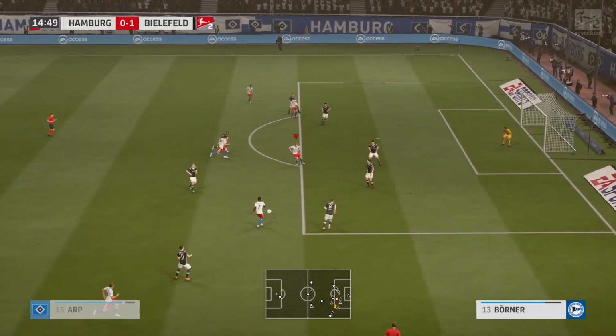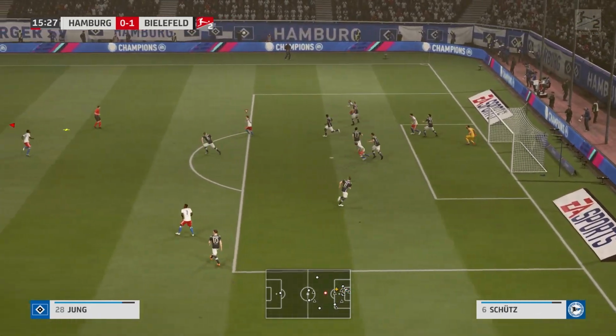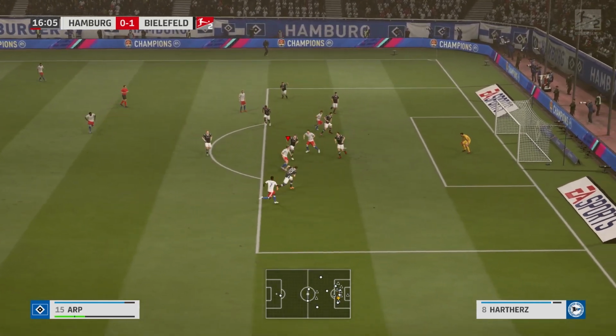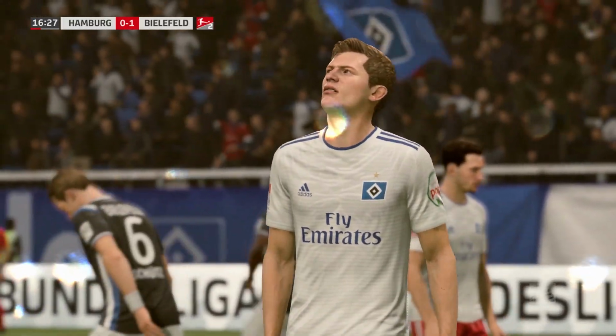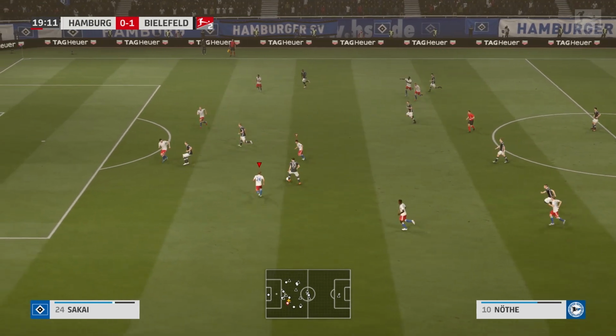Nare here, the golden man on the wing, passes into Arp. Arp passes into Donis, and somehow he's hit the post there. How has he not scored? I don't know, but we carry on here. Arp, he's knocked it straight over the bar. What's he done there? He was like the golden boy in the first episode, but he smashed it straight over